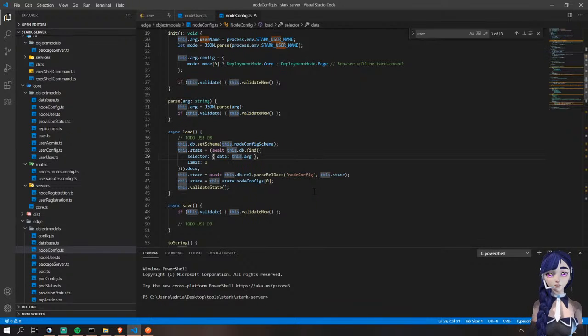Why would I do that? So this is a node config. Oh, let's not forget that my server is the one that saves everything, and then later on,